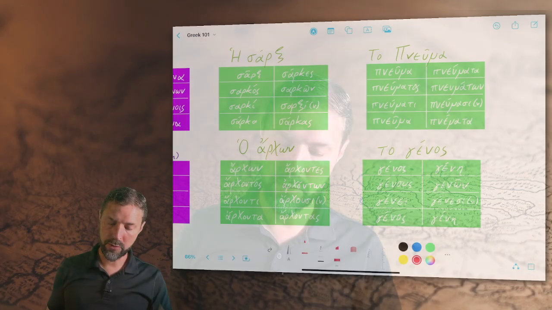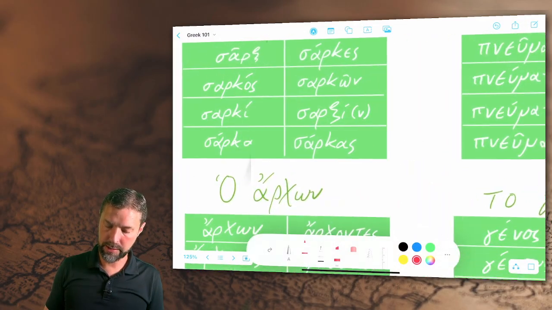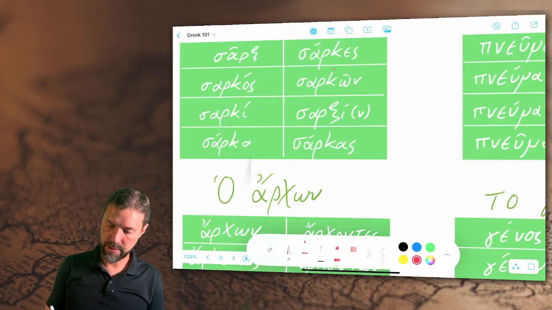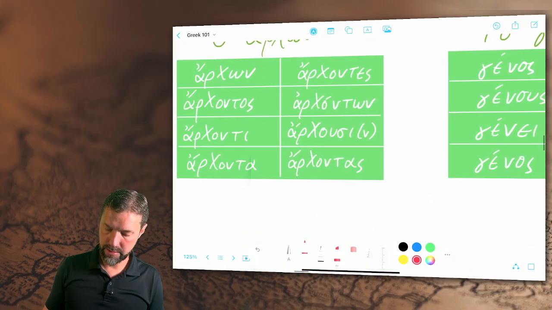You'll get the same pattern in how the sigma in each one of these spots will combine with the previous consonant. So here, sarc, this would be my combination right here, right? The kappa plus sigma. What that's going to turn into in the dative plural is sarc-sigma, sarc-c. Similarly down here,